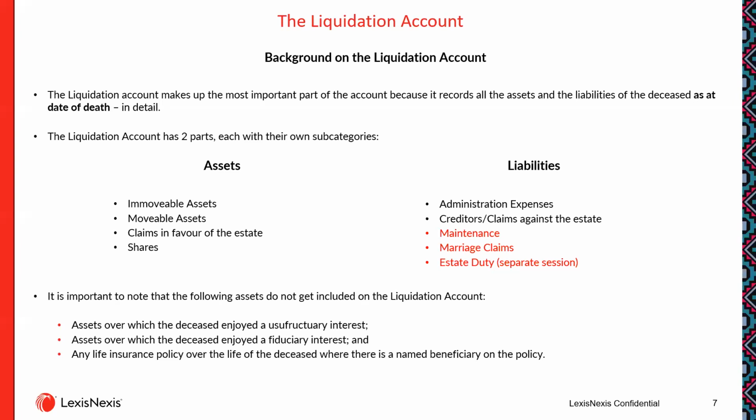So here you can see we basically have a plus column and a minus column in our liquidation account, our assets being all of the pluses and our liabilities being all of the minuses